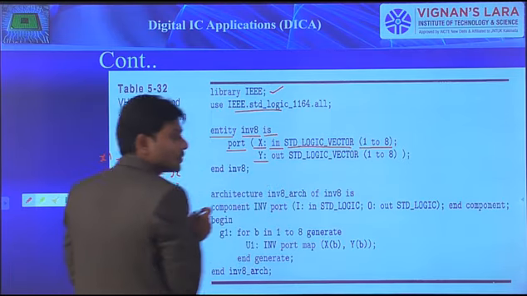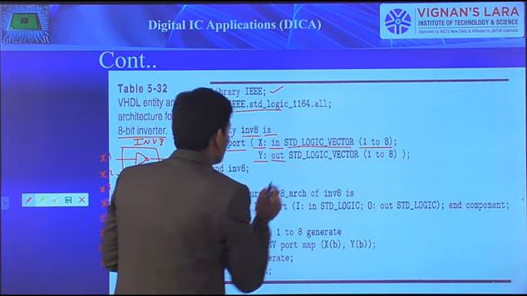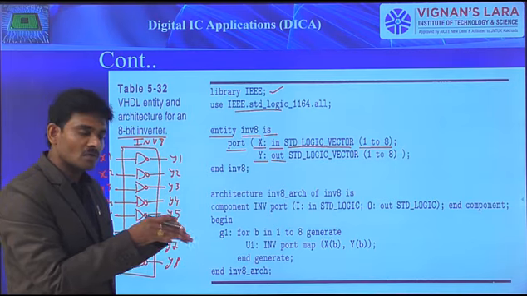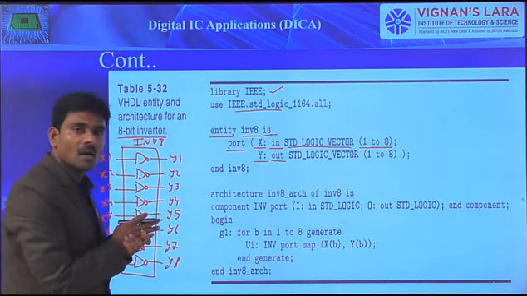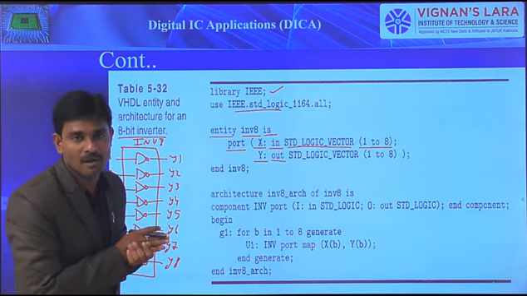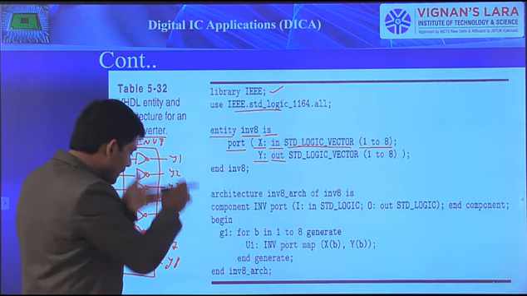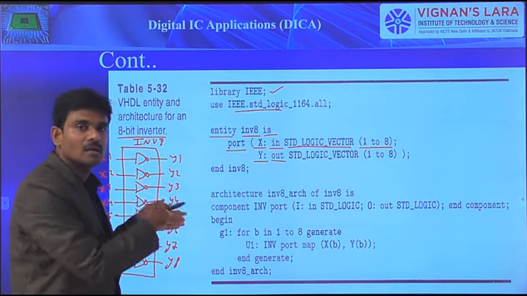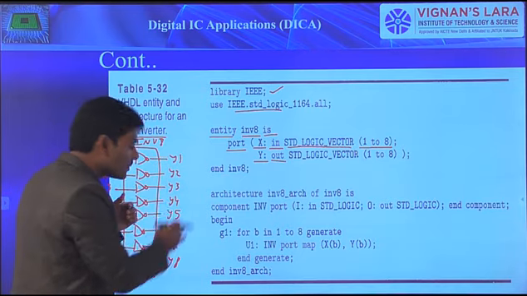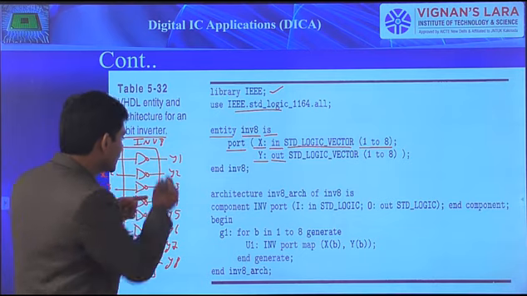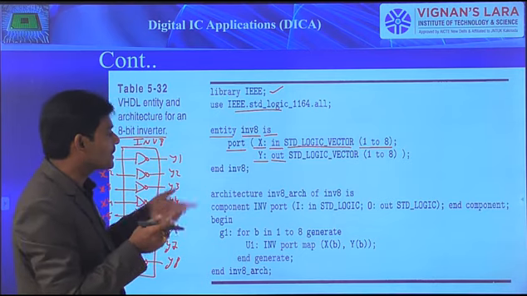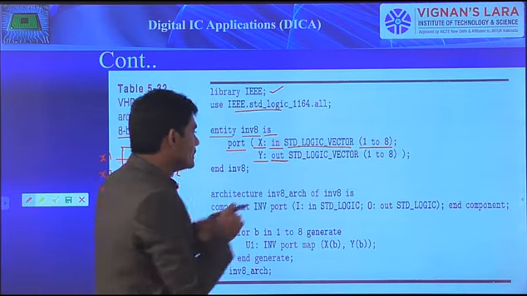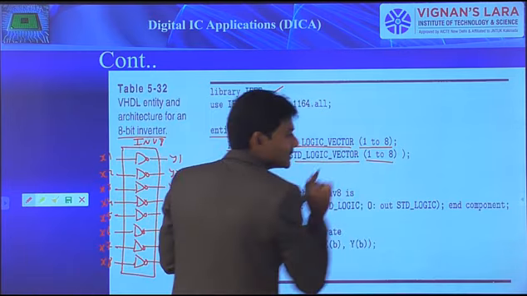Then next, output y. There is no need to read this value within our architecture. If you want to do any process on this output signal, then we must mention it as buffer, because then there is a need of reading this value. But in this particular case, this is the output, and we are not performing further module operations on it. Because of that, there is no need of reading these output values. In that regard, simply I can consider it as out mode. Then std_logic_vector, with the same range.